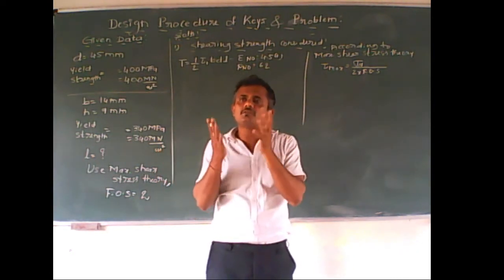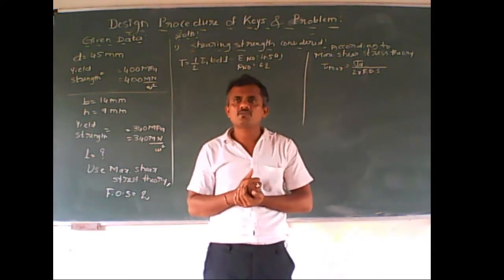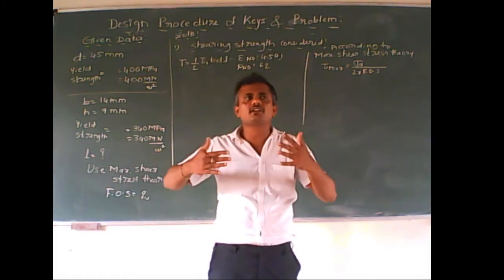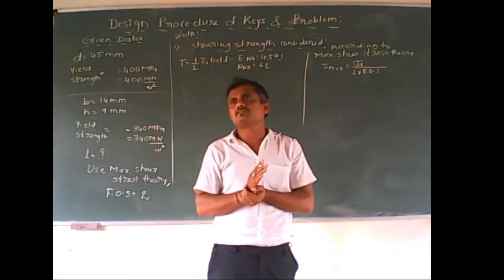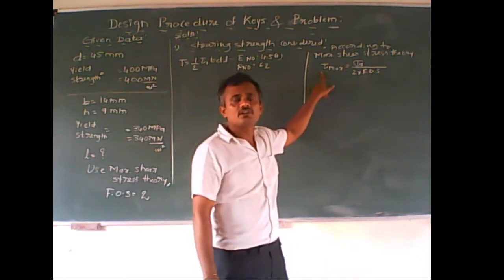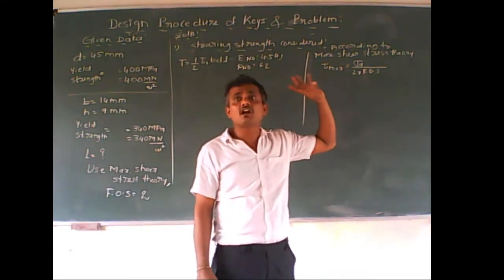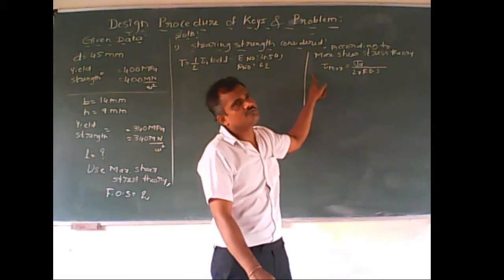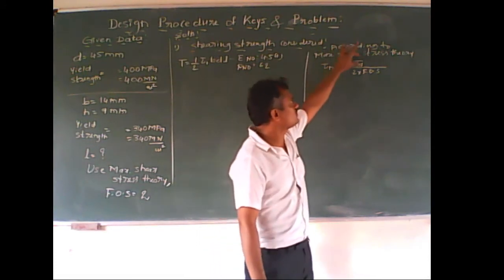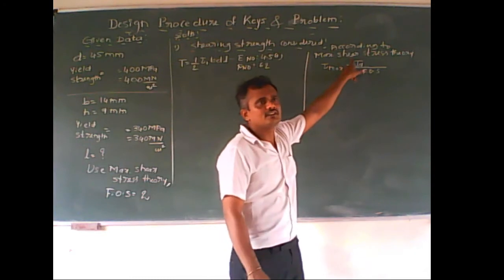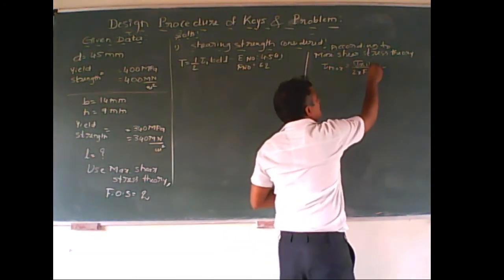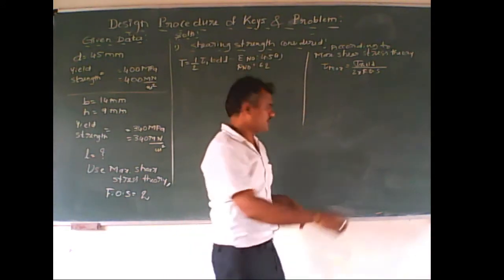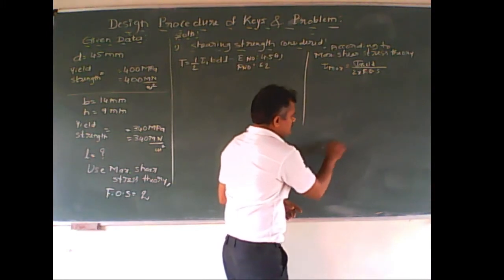Crushing stress means when there is a crushing load upon an area, then we are getting crushing stress. What do you mean by shear stress? Shear stress means when a shaft is rotating with a certain RPM, a shearing load is taking place, and the shearing load acting per unit area is the shear stress. Then how are these two related? That is by using this equation: shear stress is equal to sigma yield upon 2 into factor of safety. You have seen in the previous problems where yield values are given, sigma yield is equal to what?